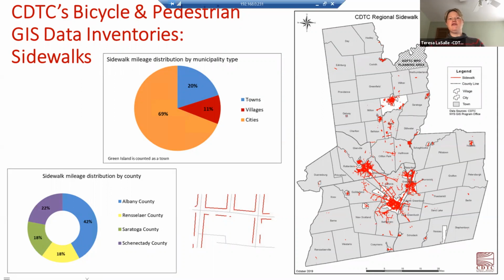CDTC interns went out and collected presence absence data for both sidewalks and crosswalks within Saratoga. From this effort, we quickly learned that undertaking a regional inventory on both of these assets would be very time consuming and would require a lot of intern and staff effort. So at that point, we decided to focus on sidewalks and proceed with the regional sidewalk inventory. Between 2015 and 2017, CDTC staff and interns collected data in the field and via aerial imagery for the presence and location of sidewalks within all 78 of our municipalities.